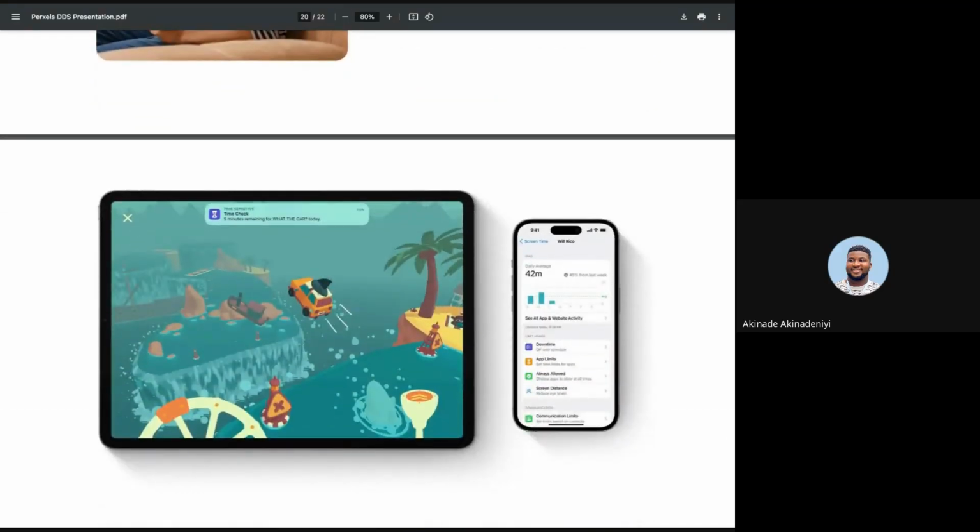I'll give you an example here. Apple has this feature called Screen Time. Apple acknowledges that excessive screen time can be unhealthy, so that's why they've introduced Screen Time. It's a feature that lets you monitor and control your app usage. So if you feel like you're spending too much time on an application, you can actually lock yourself out. This shows that Apple prioritizes your well-being over addiction, and then it lets you trust them.